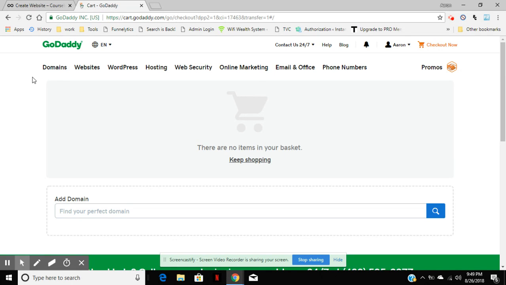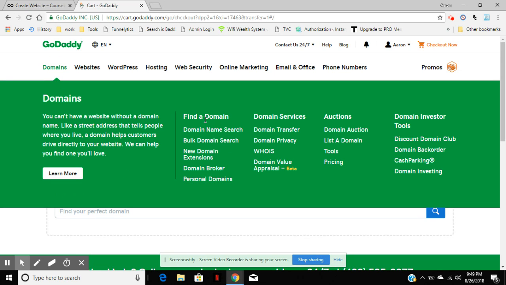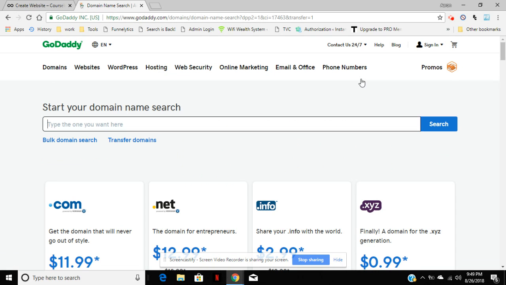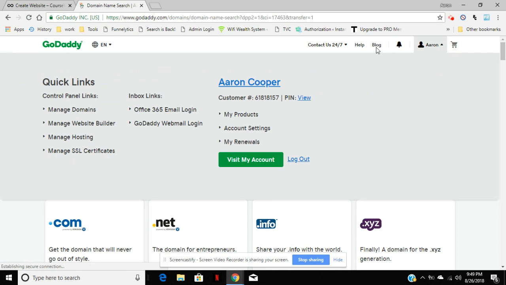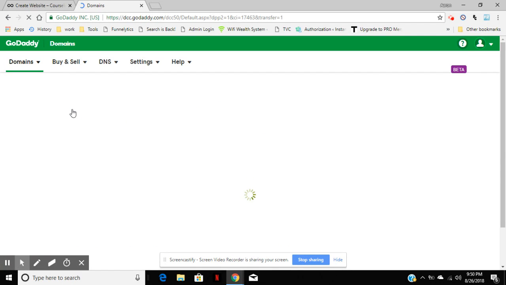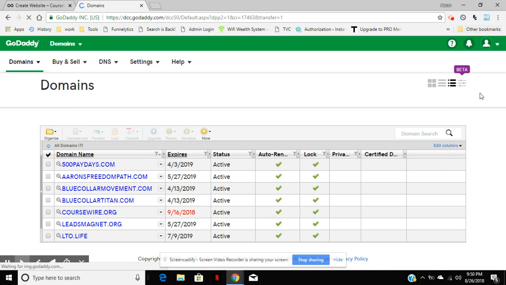Now, your domain is going to pop up and say it's purchased. It's going to be ready for you pretty much right off the bat. So you just click on domains. This is basically if you're already signed into your account. You go over to your name, up here, and then you go to manage domains, if it didn't already take you to manage domains. And now you're on manage domains.